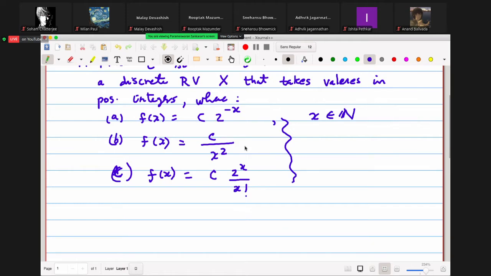So, of course, C must be greater than 0. If C is 0, F will be identically 0. That's not okay. But the main thing that helps you to compute is that the sum of f of x, x going from 1 to infinity, x, mind you, is a natural number, must be equal to 1. So in all these things, this is the condition you are going to use. We must have,